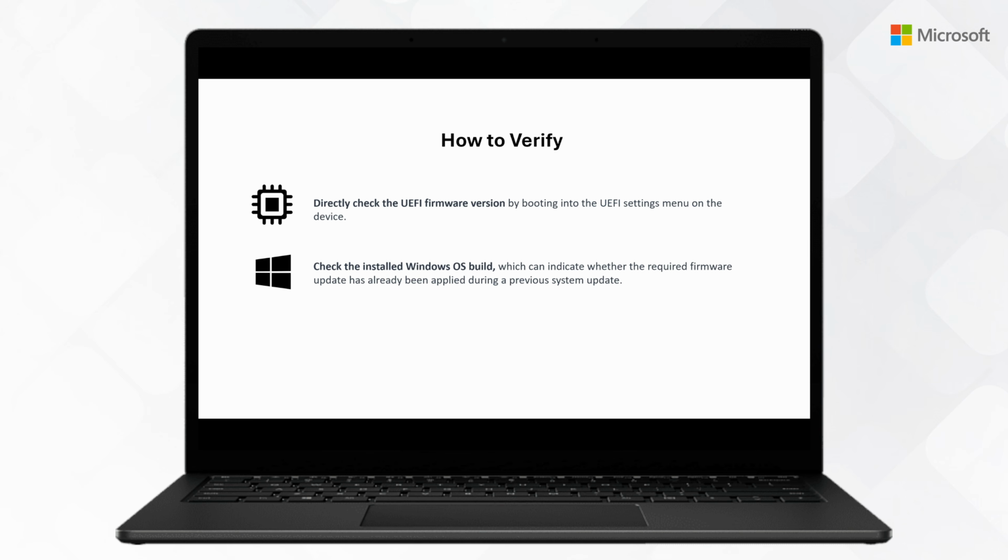In this section, we need to confirm Surface Hub devices are ready for MTR-W. We can either check the UEFI firmware version or check the Windows OS build version. In this case, I'm going to check the UEFI firmware version using the Surface app while the device is running